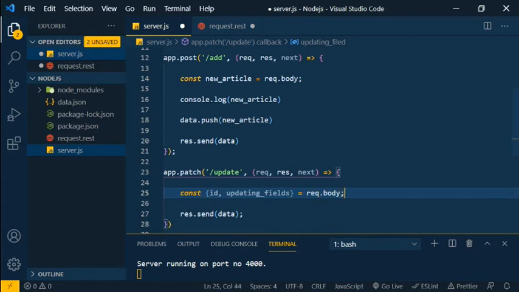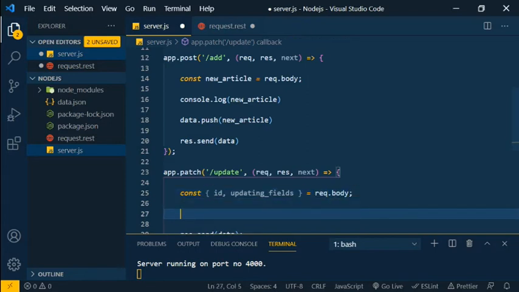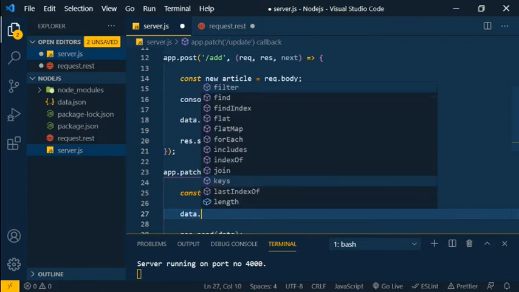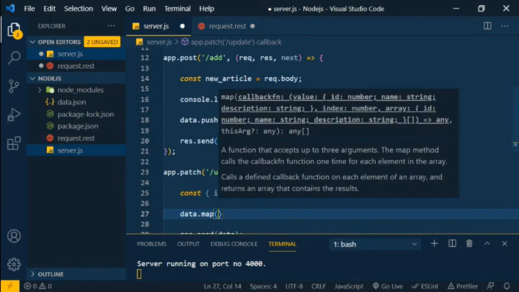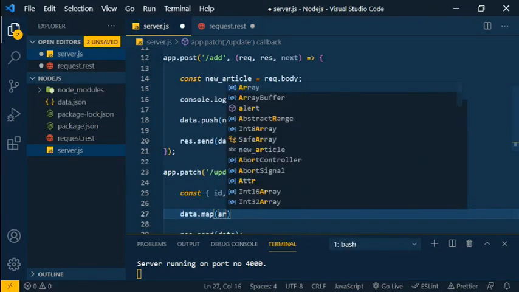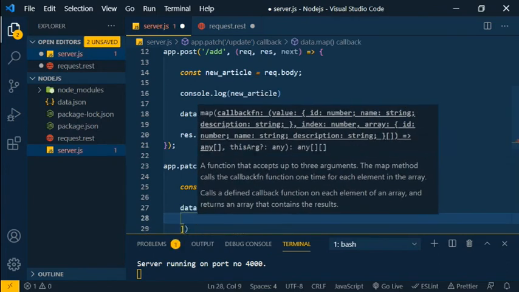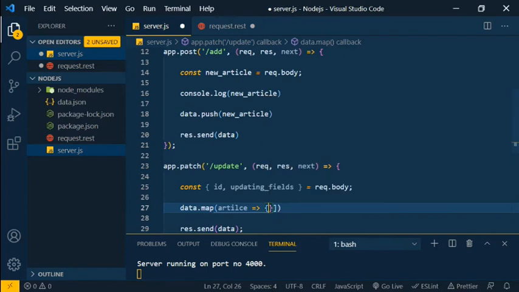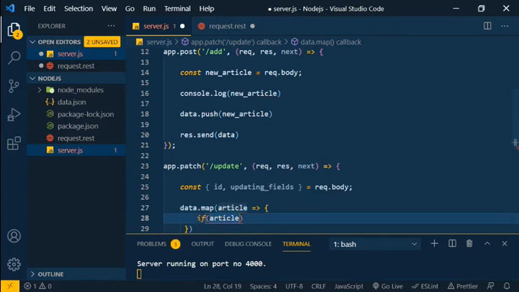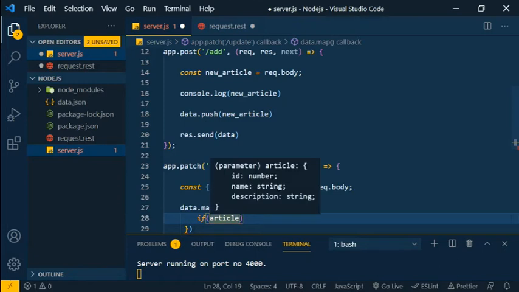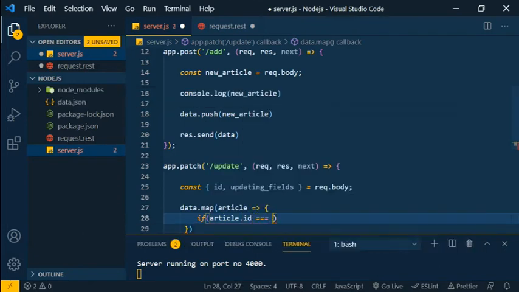So request.body. For updating the fields, we need to loop through all the information from the data object. So article, I'm just passing the callback function. Inside the callback function, we need to check article.id equal to the corresponding ID coming from the front end.